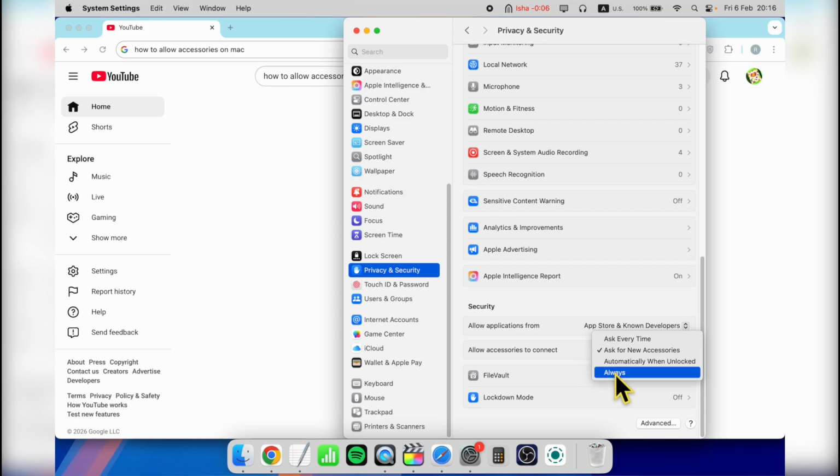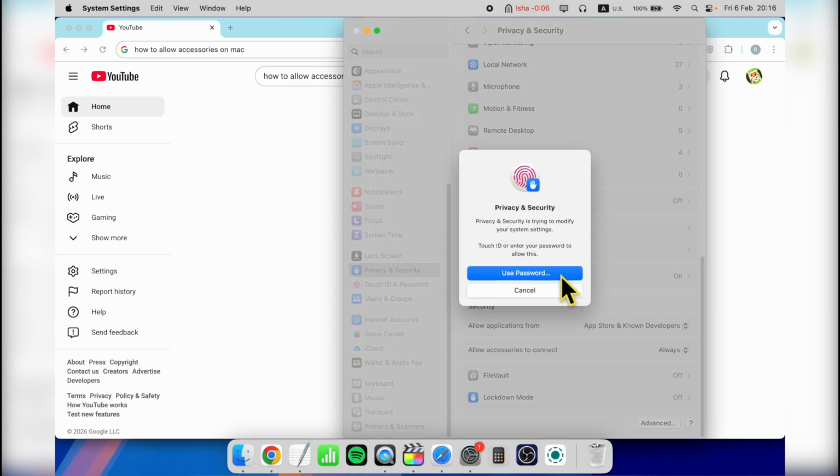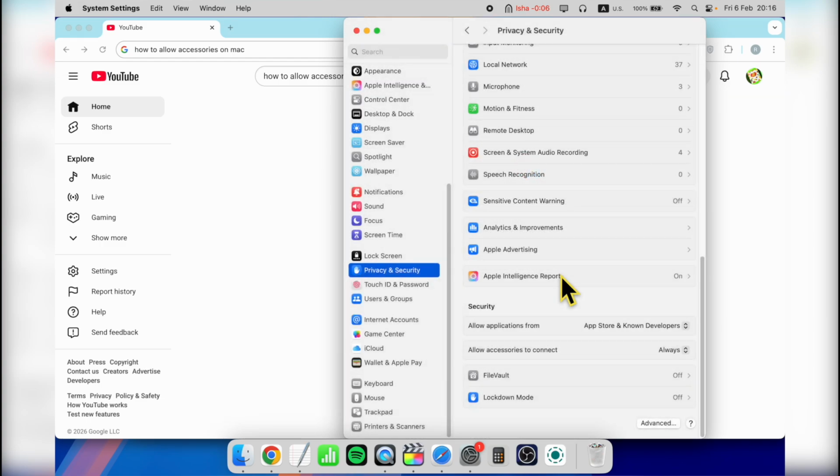And after this, let's say you switch to always. If you use a password, you will be asked to use it. In my case, I use my fingerprint. And just like this, I allowed accessories to always connect on my Mac. And this is how to allow accessories on